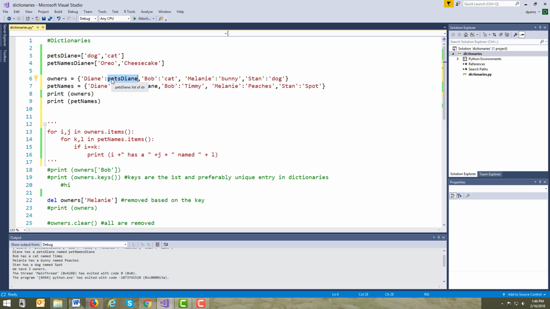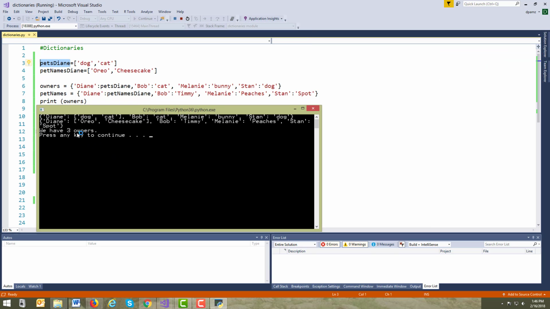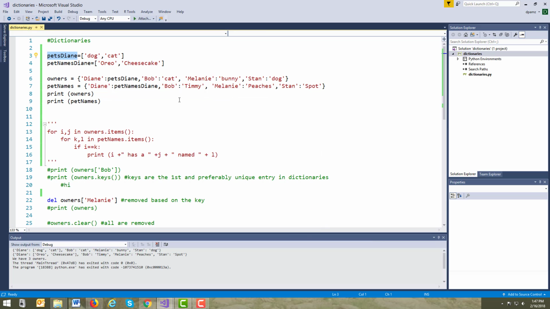So when I run this, dog and cat will go into where pets Diane is because that's what we set it up to be. So let's go ahead and do it real quick. Now I just want you to look at the first line because we haven't really addressed the second line yet. Notice that dog and cat have been put in there. Well, this is good for your projects if you're doing a one-to-one match. In other words, dog and cat doesn't really work in this situation,